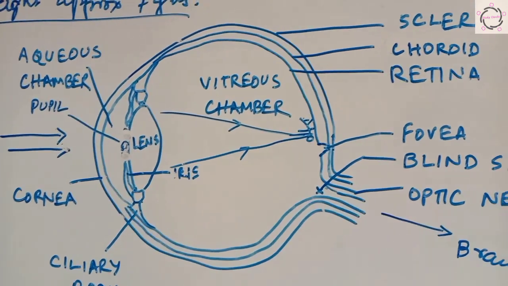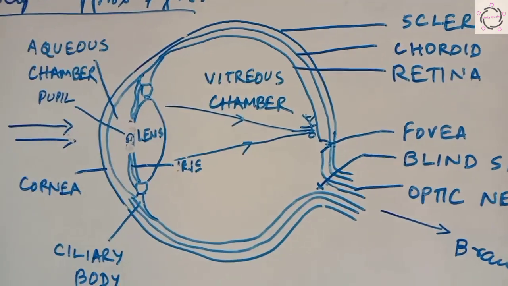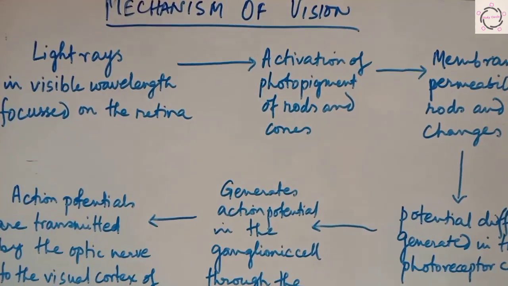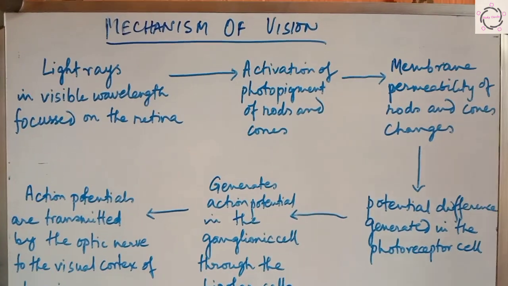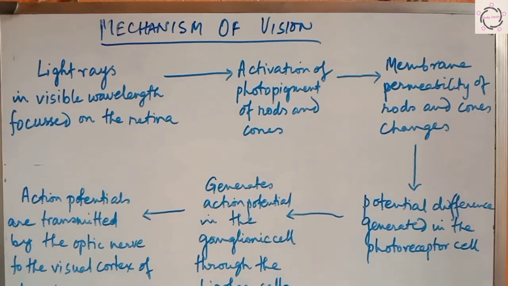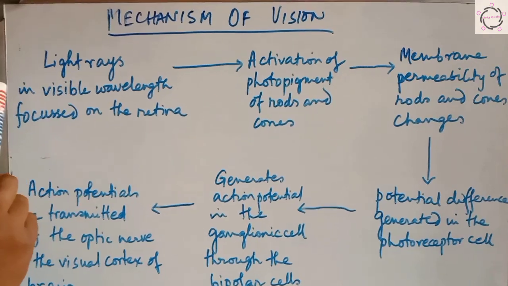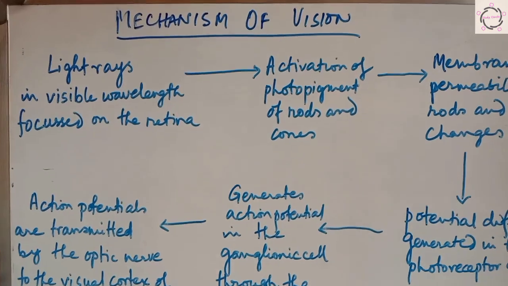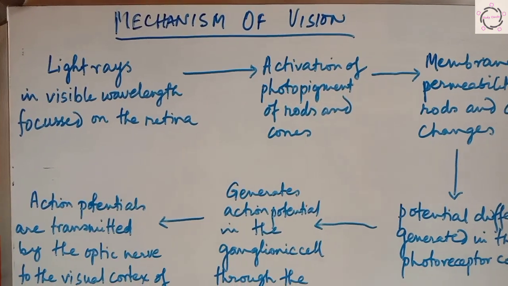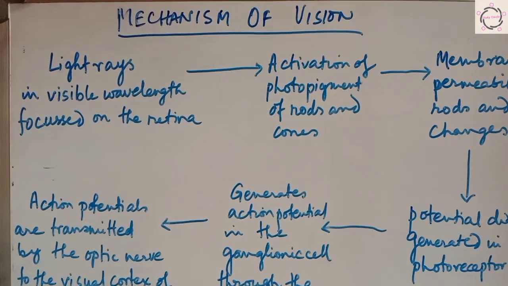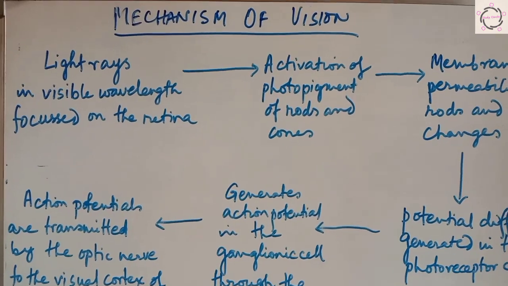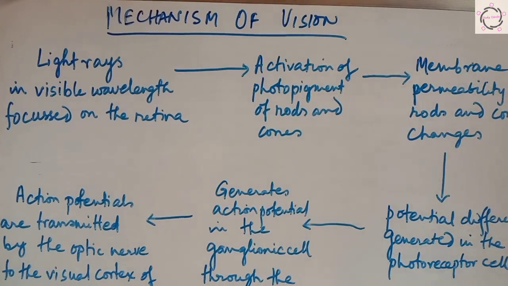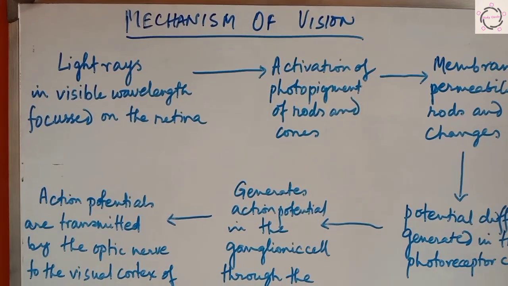Now আমি একটু mechanism of vision নিয়ে ডিসকাস করব খুব শর্টে। দেখো, ফার্স্ট অফ অল আমি একটা স্কেমেটিক ডায়াগ্রাম, or you can say it is a flow chart of mechanism of vision, human vision. Now first thing, light rays in visible wavelength focused on the retina. আমরা যে ডিসকাস করেছিলাম যখন স্ট্রাকচার অফ দ্য আইটা বোঝালাম, তখন ফার্স্টে হাউ দ্য ইমেজ ইজ ফর্মড অন দ্য রেটিনা, তো সেটাকে আবার এখন ডিসকাস করছি। লাইট রেজ ইন ভিজিবল ওয়েভলেন্থ ফোকাসড অন দ্য